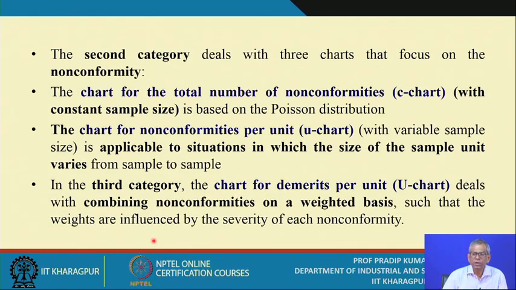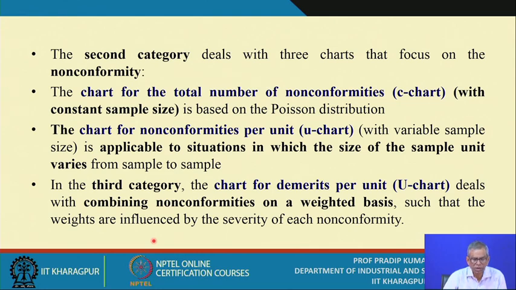The second category deals with three charts that focus on the non-conformity or the defect. On a single piece there could be many types of defects. So for each defect you select a defect which may be considered to be significant, a very critical one, and for which you need to construct a control chart. So the chart for the total number of non-conformities, assuming that the sample size is constant, that is the C